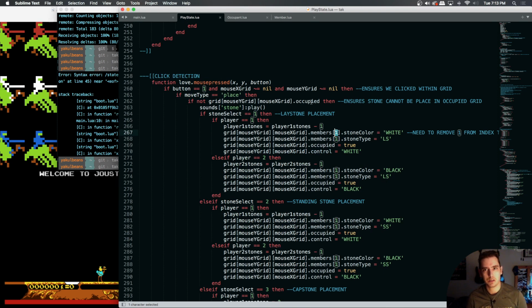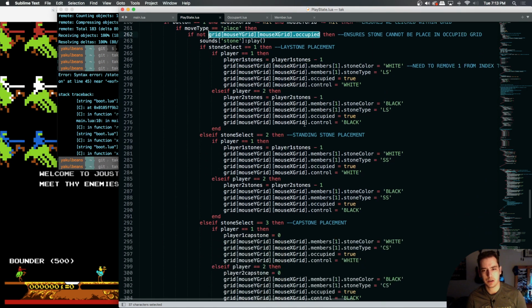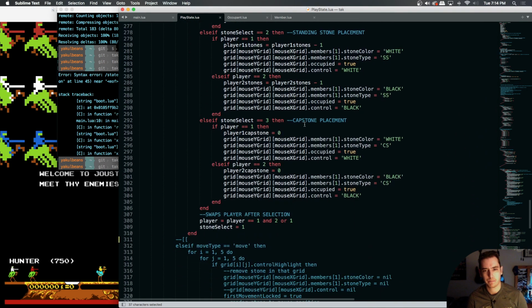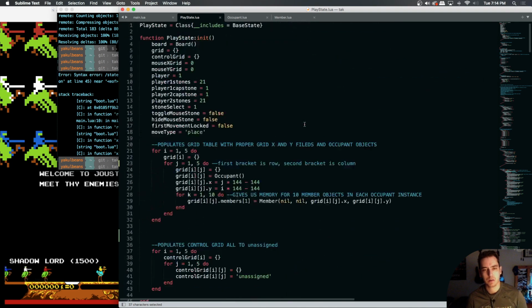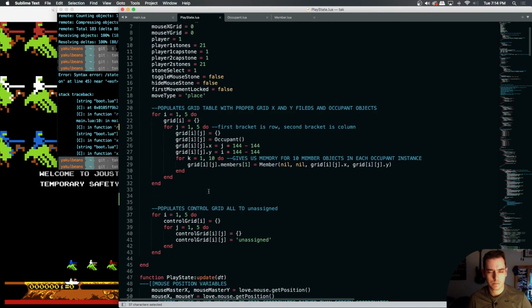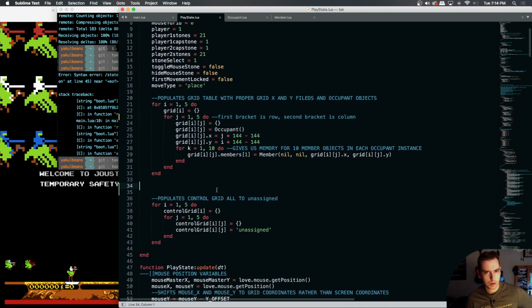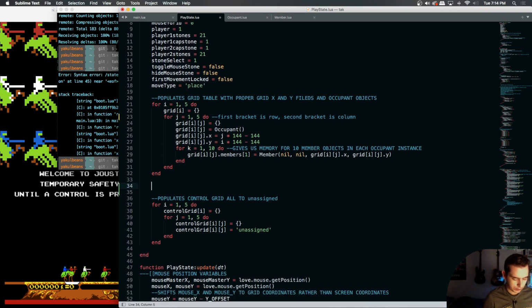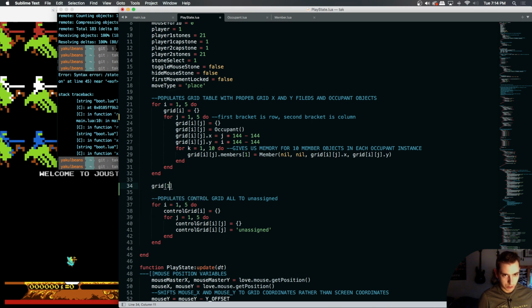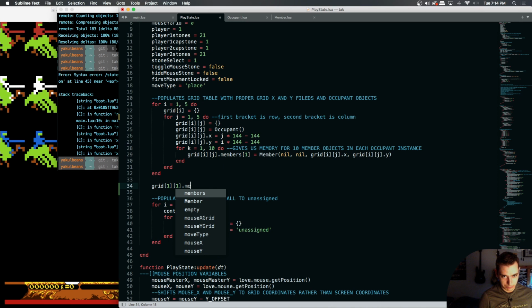I guess we just do it right here. We use it here so that we can't place it in an already occupied grid. So I'm thinking if we just right here, if we can manually populate our grid, I'm hoping. So this is the first grid, the top left. I'm going to say that its members